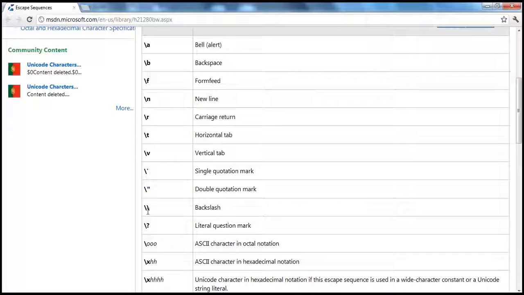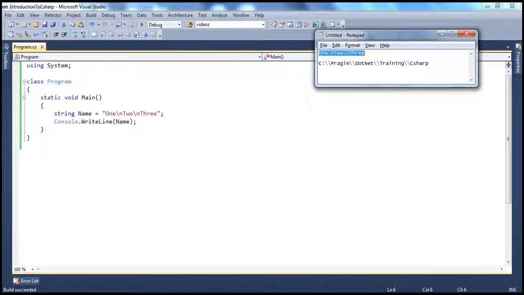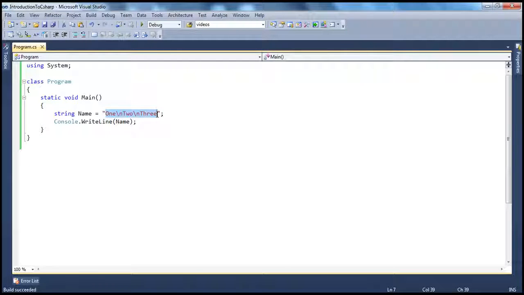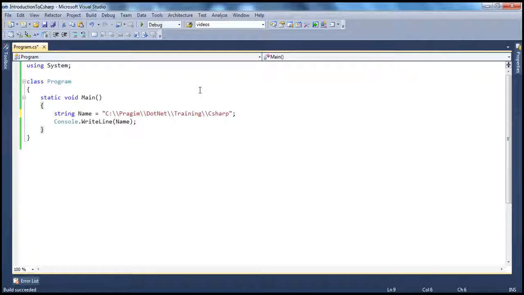But if there is a requirement in your application where you want to print \ itself, then you escape that with another \. Okay, so for example, if I want to print a valid Windows path, then probably I can make use of this one. So I have within C drive Prigim .NET folder. Within that .NET folder, I have training folder and C# folder. If I want to print that,